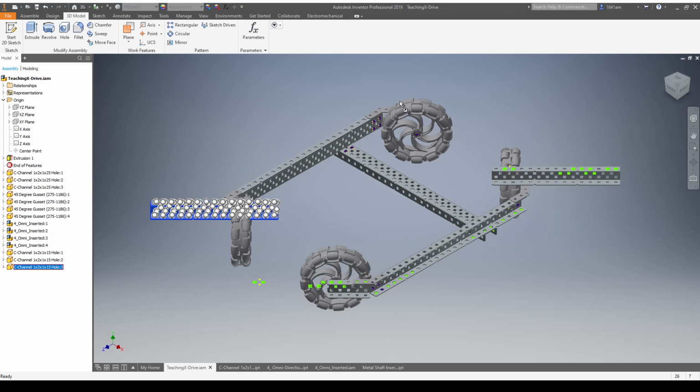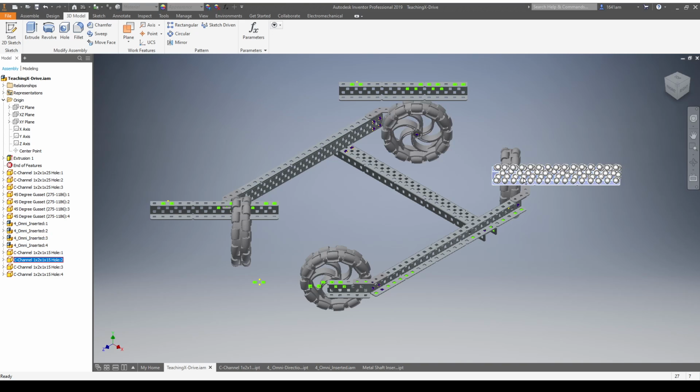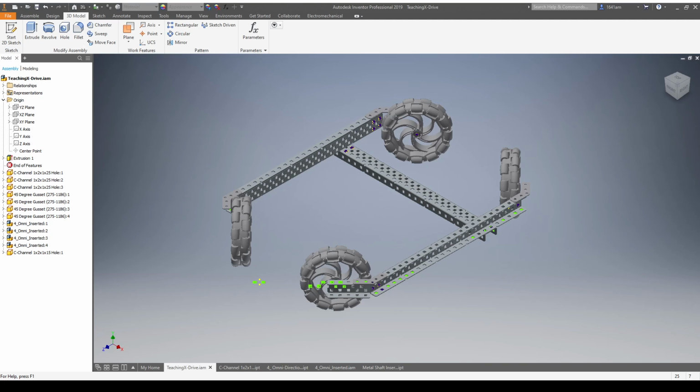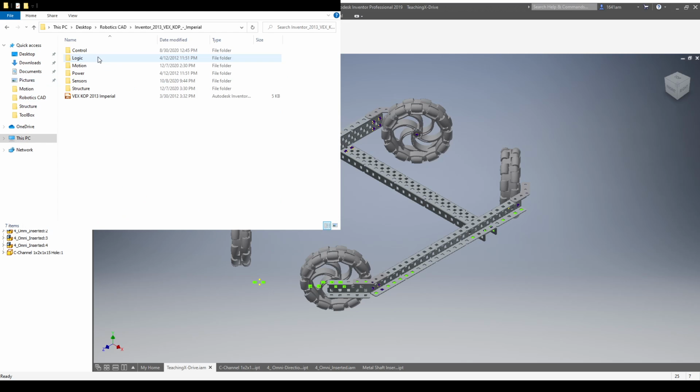So you'd have to make 4 cuts, which is a bit annoying, which is why the other thing that you could do is just make a new part. So if you go into your files and you go to the library, okay, so if you go into your file explorer and you go to wherever you've saved the library,